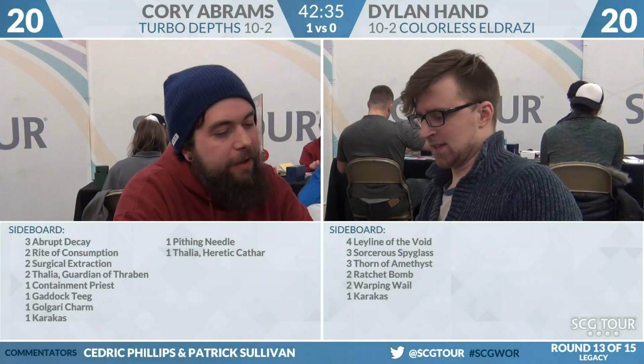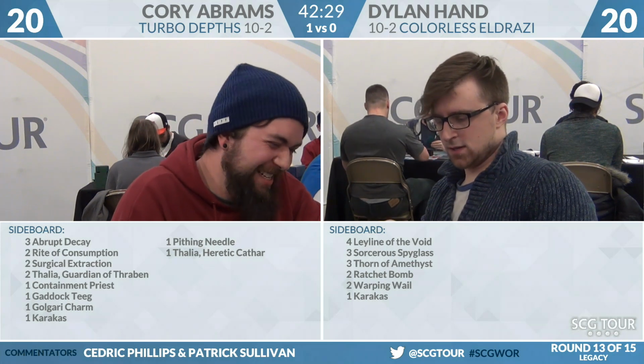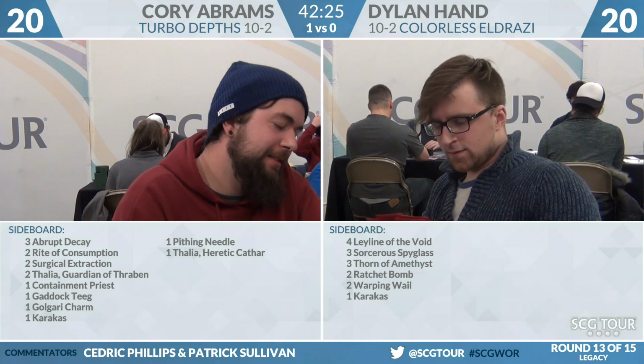We are back. Cedric Phillips, Patrick Sullivan. We're here in the booth. Nick Miller's over in the sideboard as we get ready here for game number 2 between Cory Abrams playing Turbo Depths and Dylan Hand playing Colorless Eldrazi. Dylan going to be on the play here as he was not able to withstand the power of Merit Lage